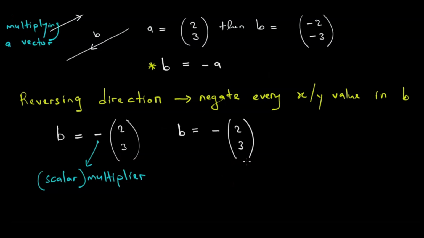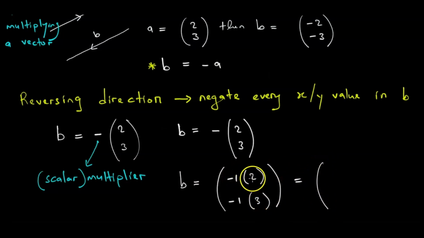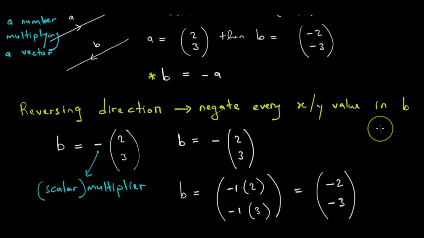So to insert a scalar multiplier into a vector, we are going to multiply every number inside the vector with that scalar. What it means is B is equal to, there's a bracket, it's -1 multiplying 2 and also -1 multiplying 3, which is equal to -1 times 2 ndi -2 and -1 times 3 ndi -3, like this. Saka mukatarisa muchaona kufanana kwazvakaita.